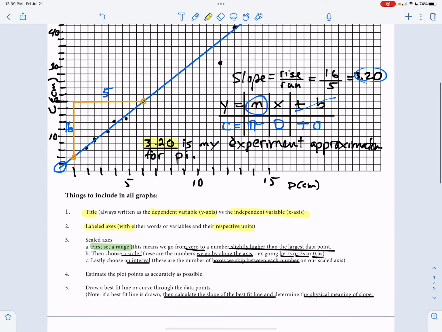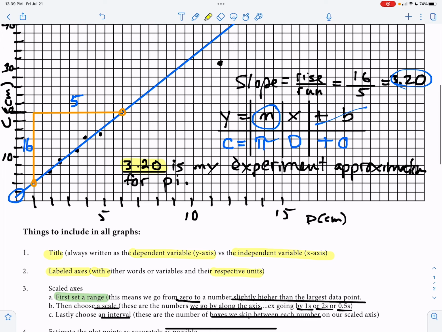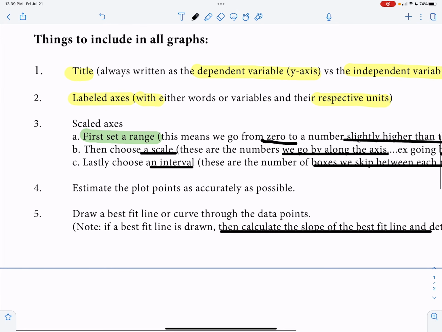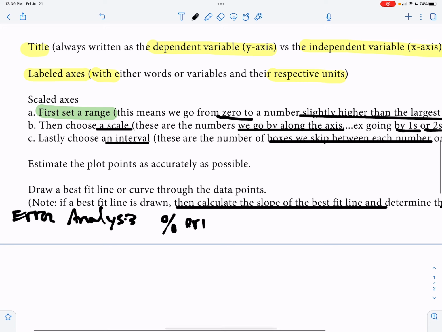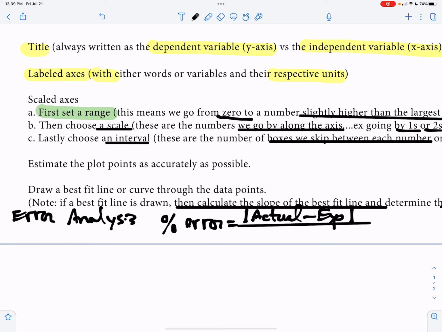Now, one final step, okay, is to do what's called an error analysis calculation. You just do that wherever you have room, okay, if you have it on the bottom. So we'll call this kind of a part 6. Error analysis, okay, specifically a percent error, right? So if I'm going to do a percent error on this to see basically how accurate am I, okay? It's the actual value minus your experimental value. And I'm putting vertical lines here because it's the absolute value of. And if you recall from IM1, the absolute value of any number is always positive, right? Divided by the actual value